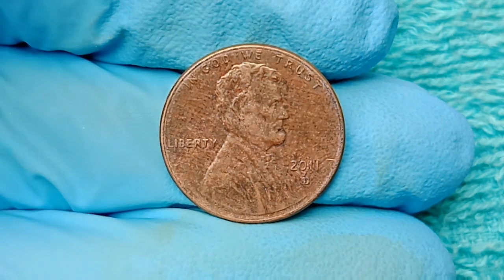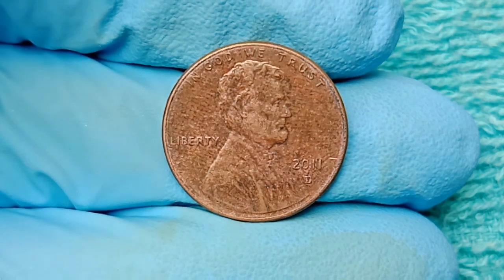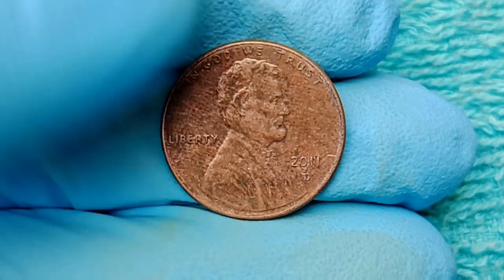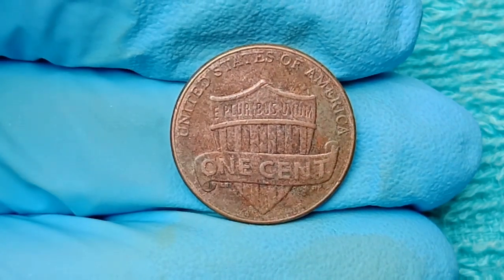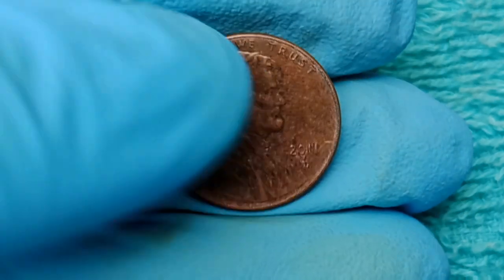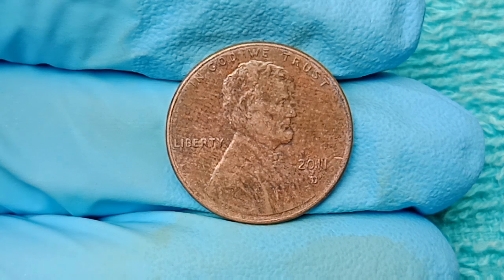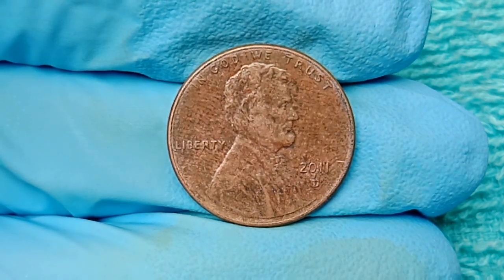sold quietly in a private auction to an overseas collector for over $24 million, and as more and more collectors become aware of the 2011 D's explosive potential, the coin market has been electrified, with eBay listings, estate sale finds, and roll hunting forums lighting up with people posting photos, microscope images, and metallurgical scans of their finds, hoping to strike it rich, and for good reason, because this coin's origin story is as fascinating as its composition, taking place